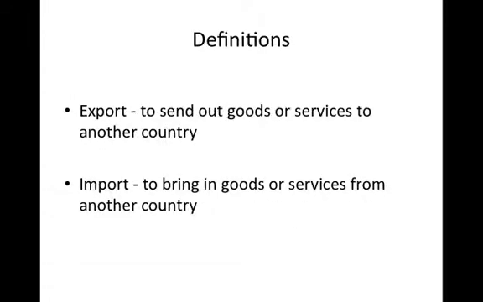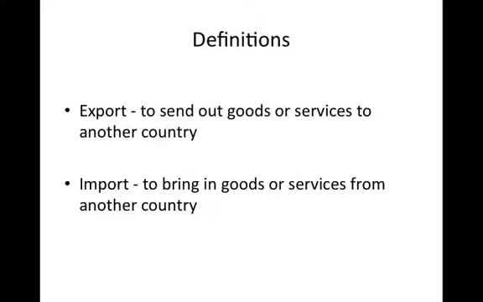Now, in order to understand the notion of markets over space and trade, I think it's important to have some definitions out of the way. We throw around exporting and importing quite often in the discussion of agri-food markets, but what do we mean? Well, when we talk about exporting, what we're talking about is sending out goods or services to another country. Now, it's not one country to another country, it's usually one firm to another firm, and so an exporting firm is a firm that is located in Canada who's produced some sort of a food product or an agricultural commodity and is exporting it or selling it to another firm in a different country.